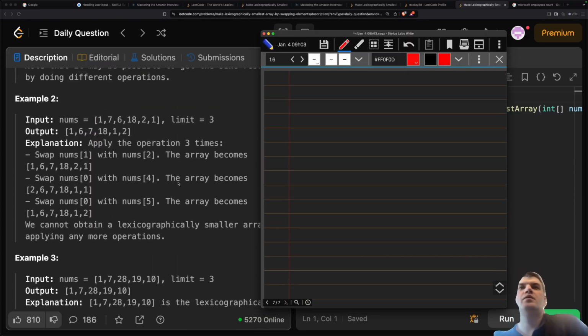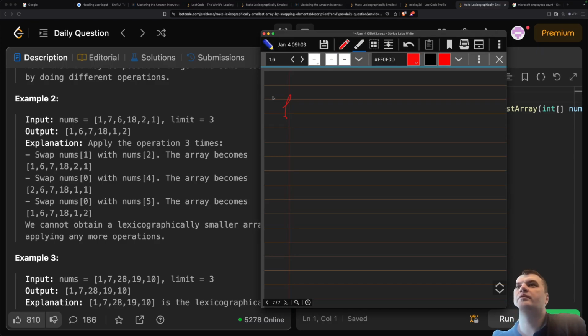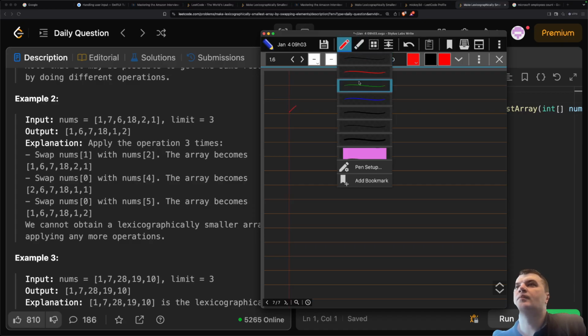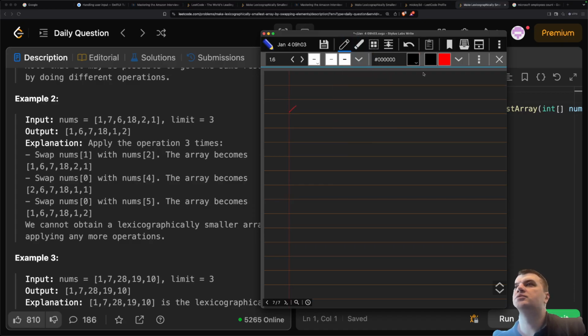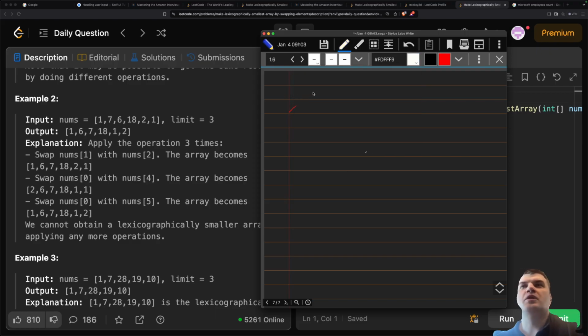Okay, so what I plan to do here, let's say we have this example array. Let me choose a color like this. So I have 1, 7, 6, 18, 2 and 1. So the limit is 3. So what I plan to do is like